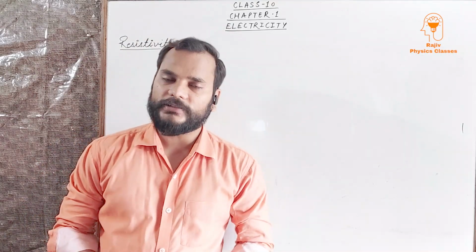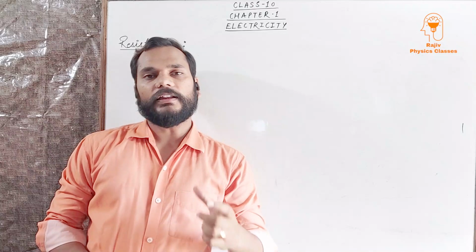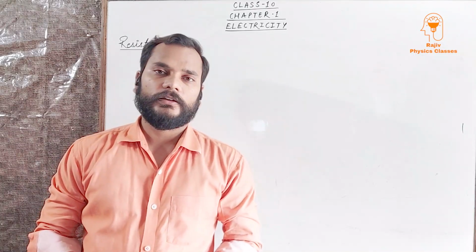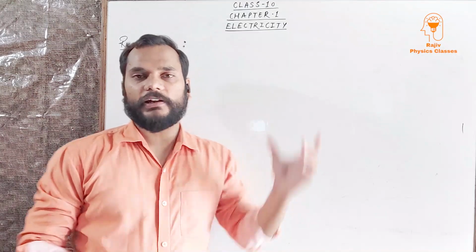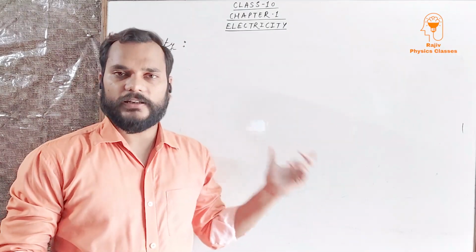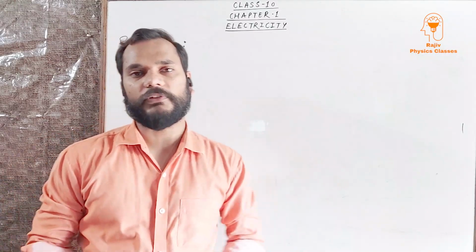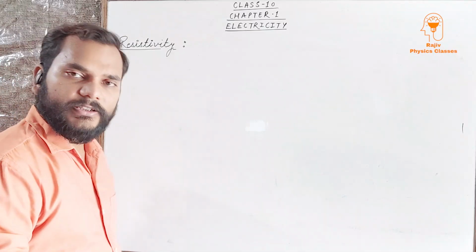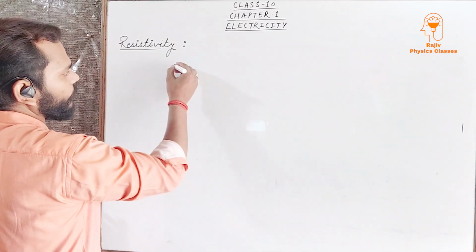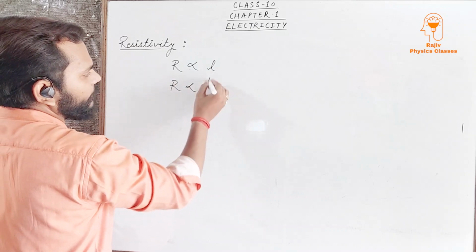Resistivity is also known as the specific resistance of a substance, and the resistivity of any substance we can define after deriving its formula. So let us see what is the formula for it, and then I'll tell you the definition of resistivity. As far as we know, the resistance of a conductor depends on 4 factors, but here we will take these 2 factors as we have studied earlier.